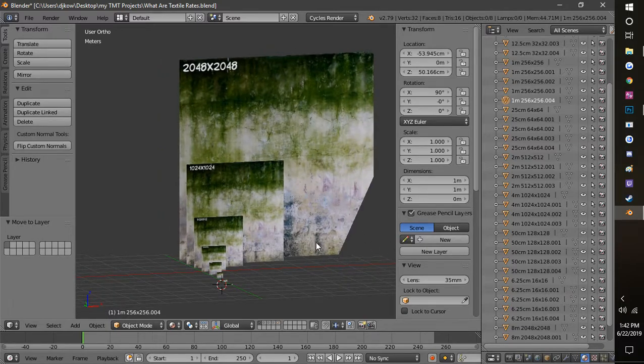Alright, so going back to texture sizes, as you can see, when an object is super tiny, even from this viewpoint, you don't really see the details on it unless you're zoomed in. So there really isn't any reason why you should be putting a large texture on something that small. Or if you have something this big, you don't really need to use a texture that's that big for this large object, because